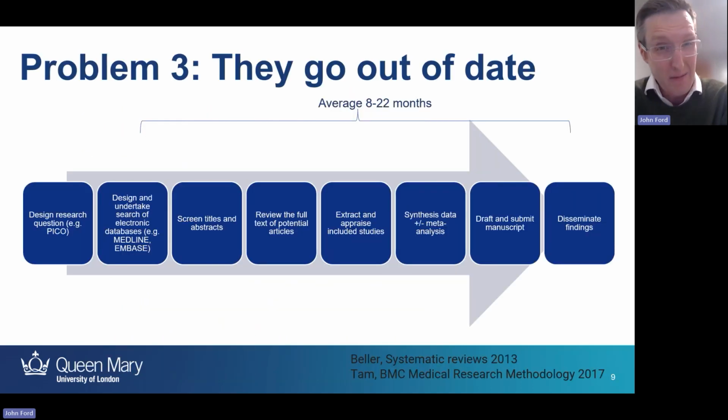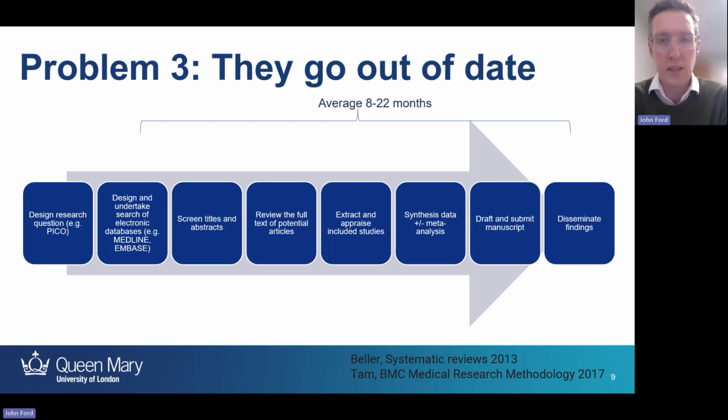Next thing is they go out of date. The length of time between actually undertaking the search and the results being published can vary. Previous researchers estimate anything between 8 months and 22 months. That's the time it takes to screen all those titles and abstracts, to get the full text, to extract data, to synthesize it, to write a manuscript, submit it, and wait for a journal to get back. Sometimes if it doesn't get accepted first time, it can bounce around a few different journals and finally gets published. So even on the day it's published, quite often reviews can be anything from 8 months to almost 2 years